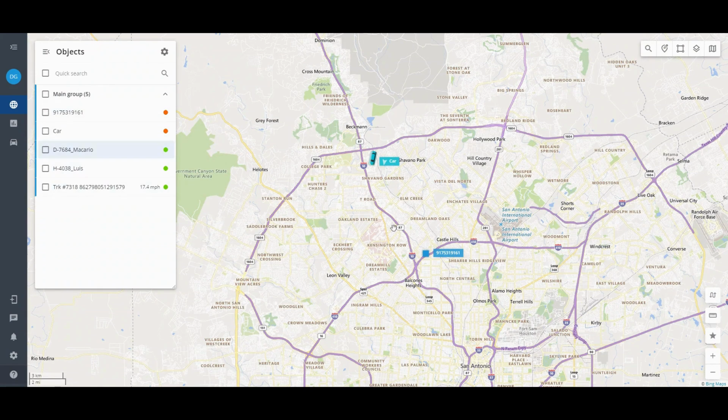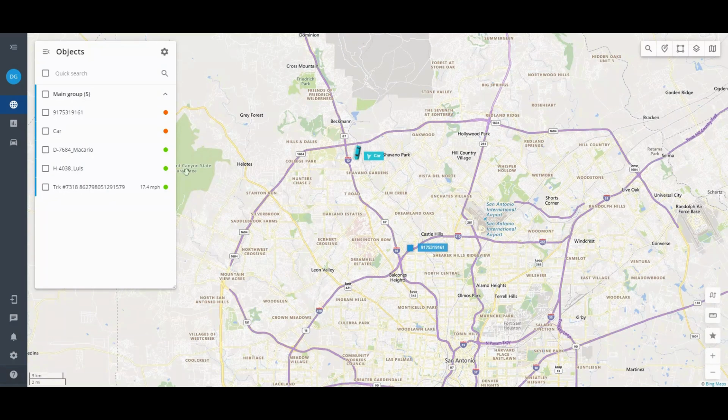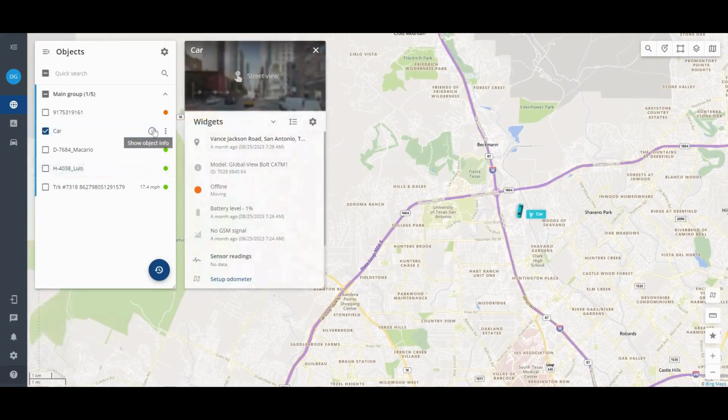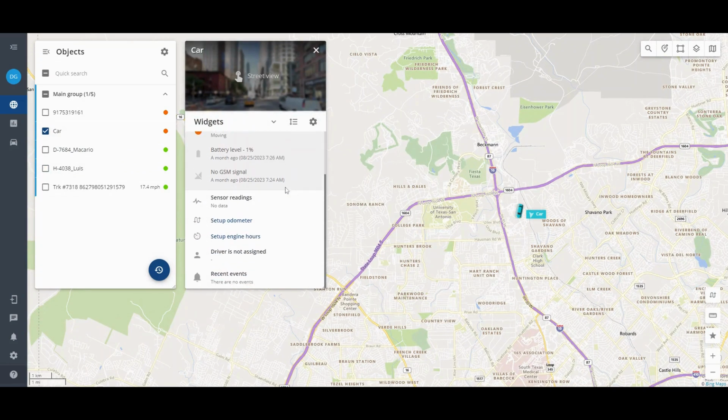But okay, we're in here. We see a couple devices online. What we'll go ahead and do is we can click on car, right? Let's look at the car. And if you want to see more info on it, you'll hover over it and you'll see show object information. And you're going to see that I need to charge my device. But besides that,